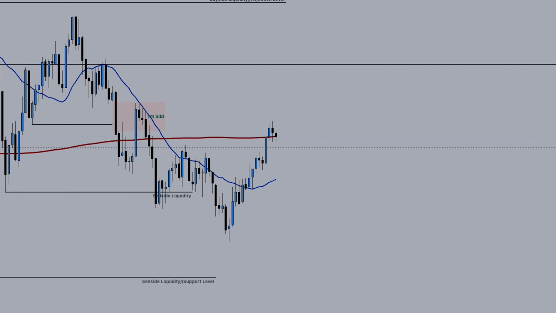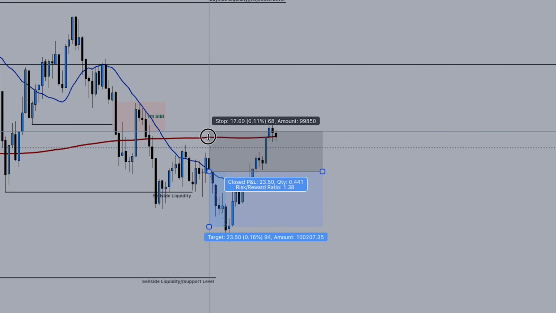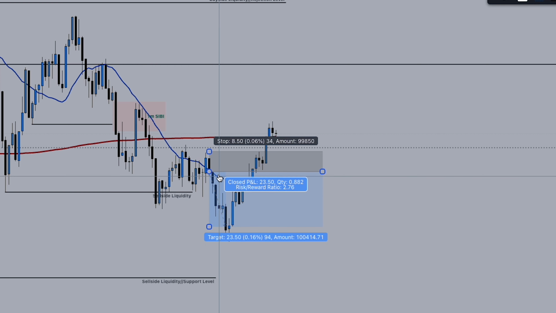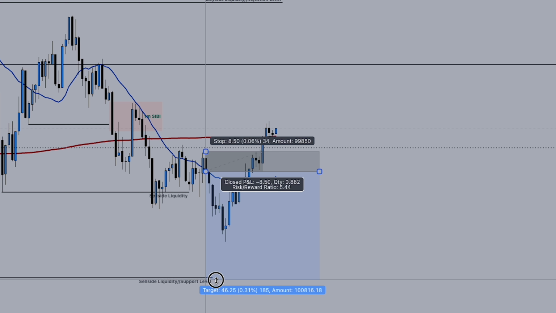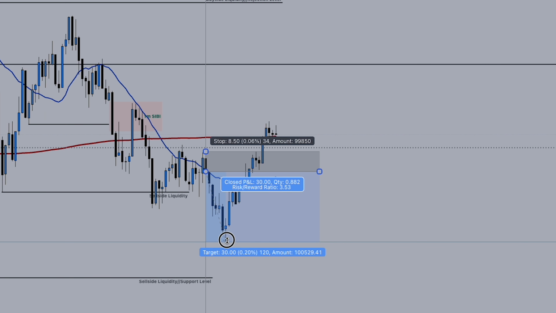So here's a perfect example of this. So we have both moving averages. We have the 20 below the 200, and we have this candle that closed below the 20. So I'm looking to enter on the opening of that next candle, right? And you want to ride the momentum. Now, it hasn't reached this level yet, but obviously this is not a video on trade management or risk management. But obviously this went for